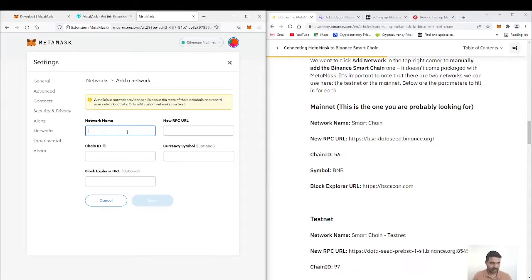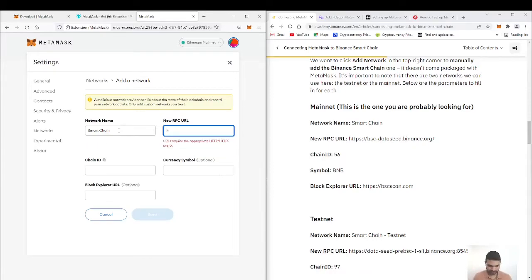To use the Binance Smart Chain, you need to use the information that is on my screen. So network name is Smart Chain and new RPC URL is